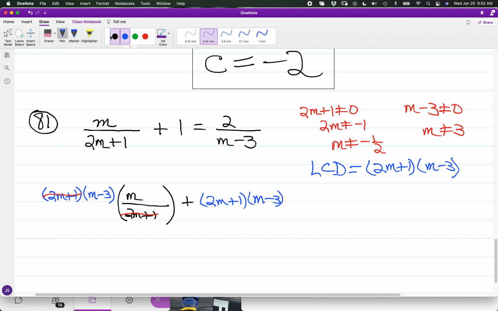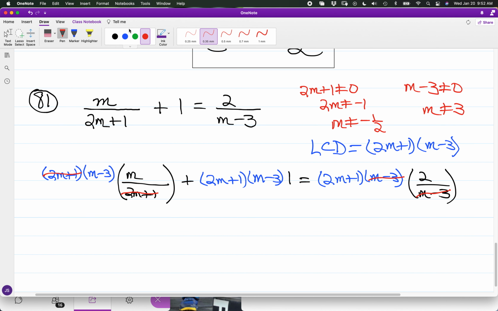multiplied by the LCD. And looking at what we have for the last ratio, we have again the quantity of 2m plus 1 times that of m minus 3. We have times 2 all over m minus 3. And in this setup we have m minus 3 to cancel out. And so in the layout, from the first term,